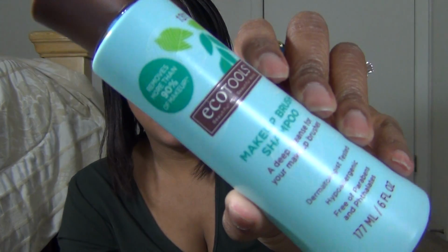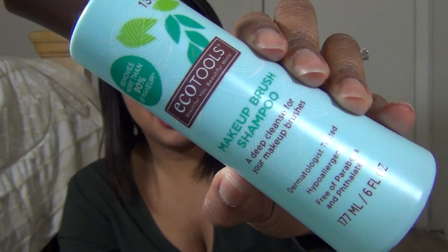I got the EcoTools Makeup Brush Shampoo, a deep cleanser for your makeup brushes. Removes more than 90% of makeup. I got this at Ulta for, I don't know, $6.99 or something like that. I had a chance to use it today, and I will say that it works really well. My foundation brushes, it kind of struggled with, but that's because they've been in there for a week, so those foundation brushes are kind of stained, and that foundation's been sitting on it for like a